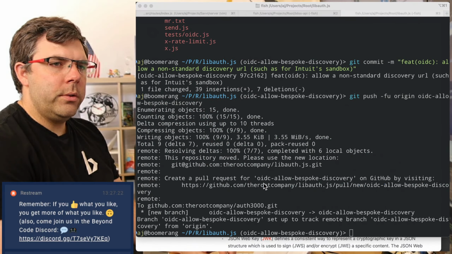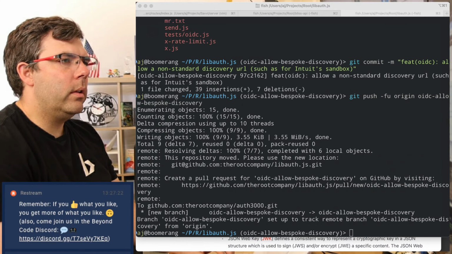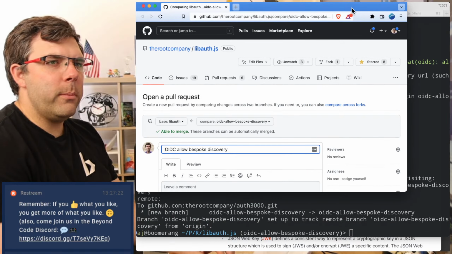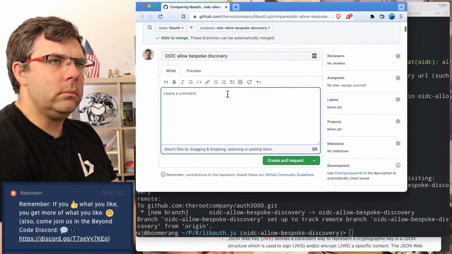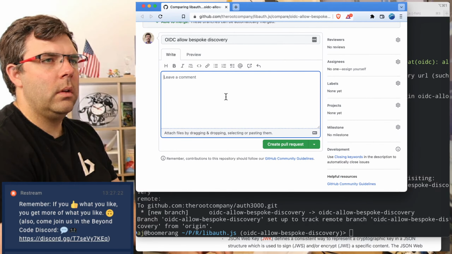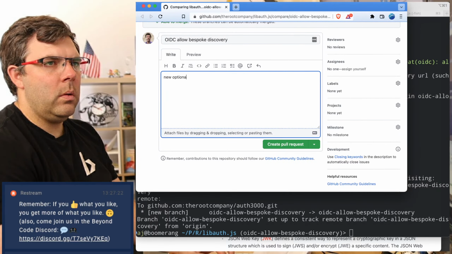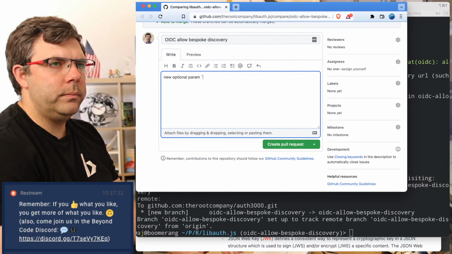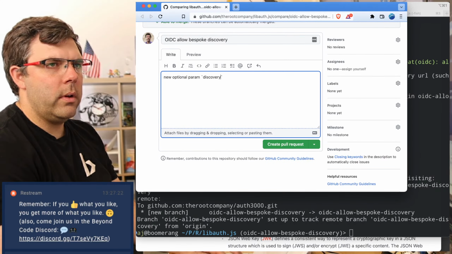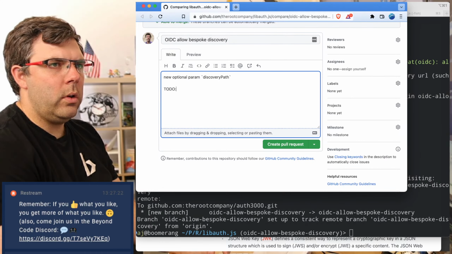All right, and then I'll just go ahead and approve this for myself. New optional param discovery path to do documents. Yeah, should this be